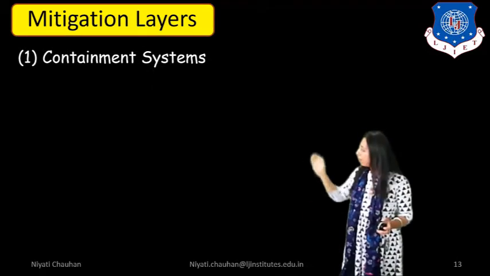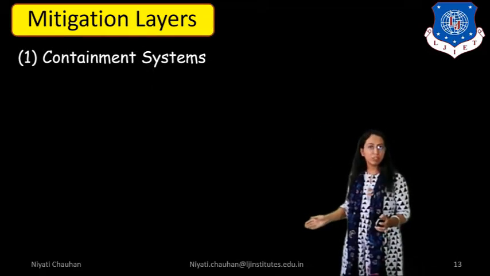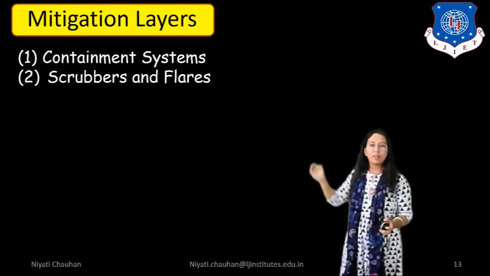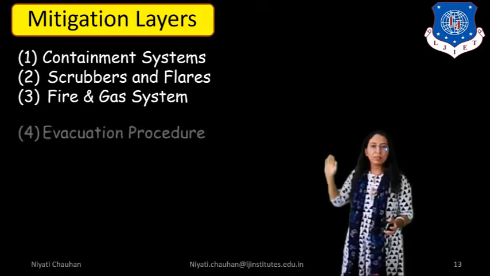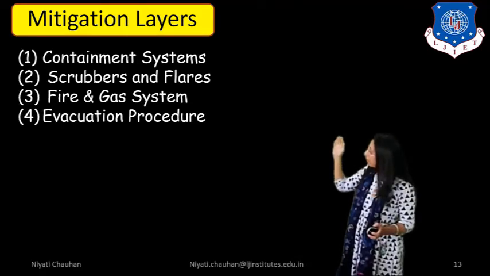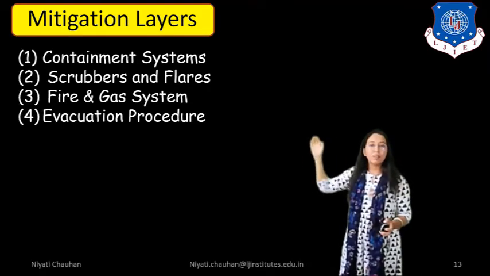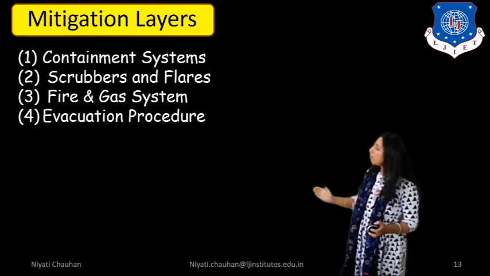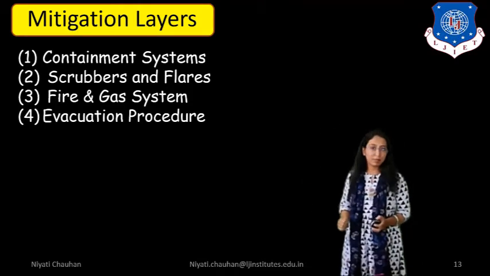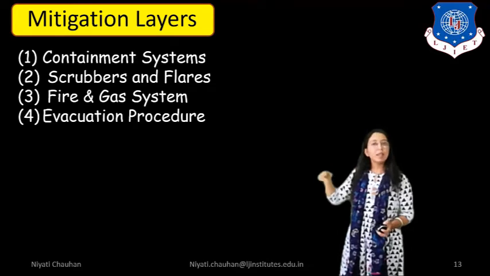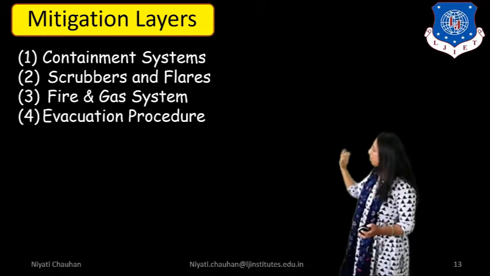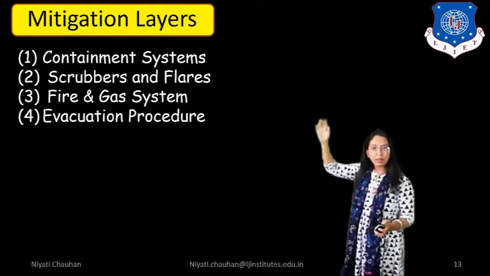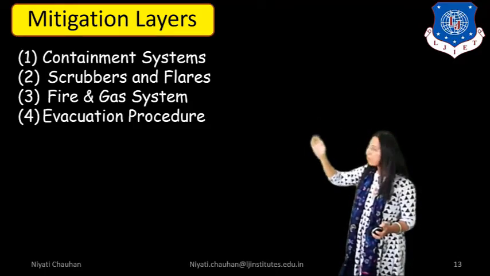So we are dividing mitigation layers into different parts. First, containment systems, scrubber and flare, fire and gas system, evacuation procedure, right? So these are the different parts of the mitigation layer. In the next session, I will discuss containment schemes, scrubber and flare, fire and gas system,